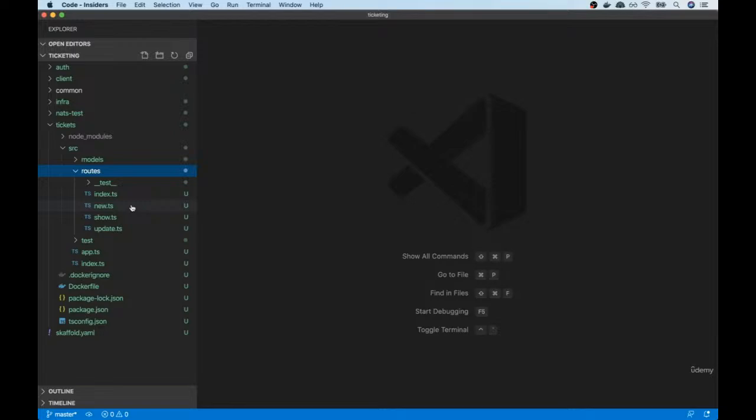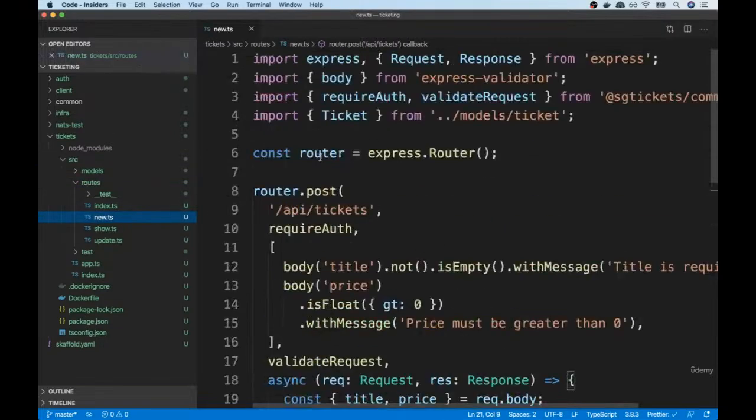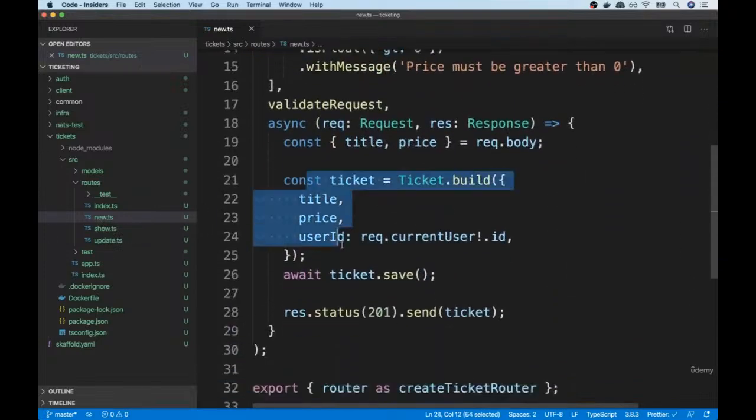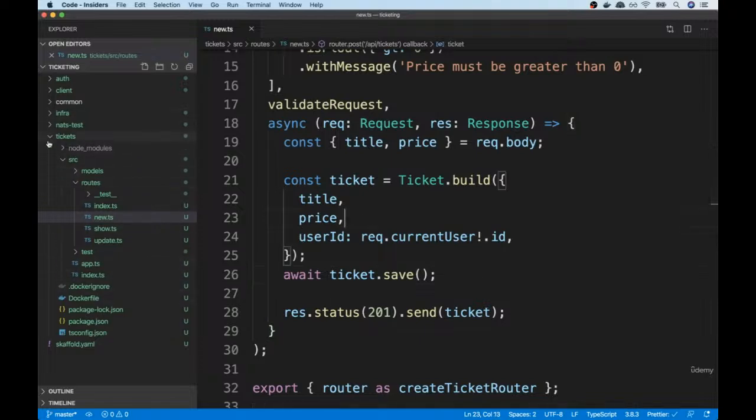a new ticket by making a post request to our ticket service, so specifically this new route handler right here, we're going to make sure that we create the ticket, save the ticket to the database, and then right after that, we're going to want to publish an event telling every other service inside of our application that someone just created a new ticket. So to do so, we are going to create a new custom publisher inside of our